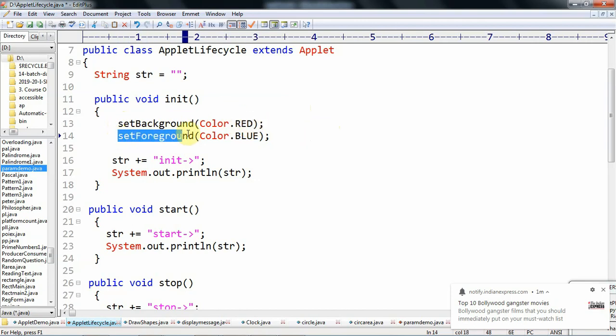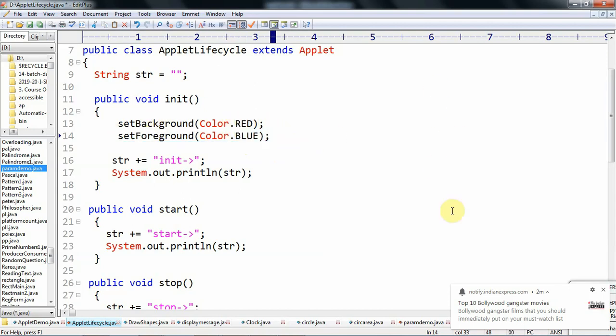Like that, the foreground color is set by using the setForeground method. So these are the 2 methods used for setting the background color and the foreground color of the applet window. By default, the applet background color is white and the applet foreground color is black.